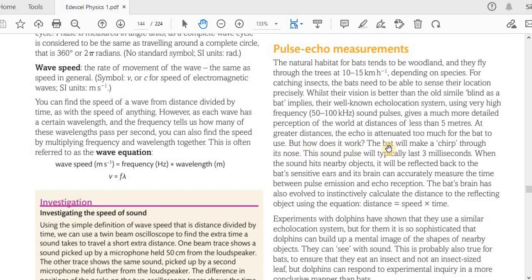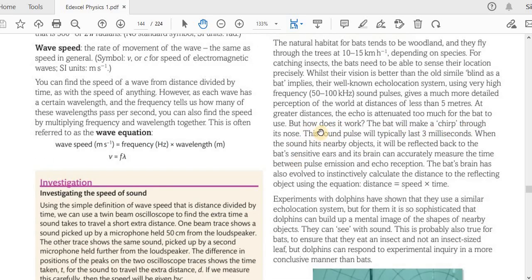But how does it work? The bat will make a chirp through its nose. This sound pulse will typically last 3 milliseconds. When the sound hits nearby objects, it will be reflected back to the bat's sensitive ears, and its brain can accurately measure the time between pulse emission and echo reception. The bat's brain has also evolved to instinctively calculate the distance to the reflecting object using the equation distance equals